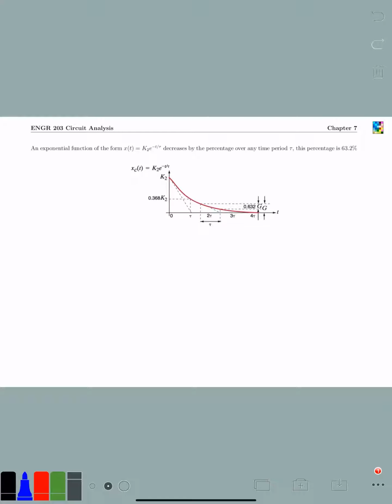I'd like to focus in more on what that tau really means in the graph. And so the idea is, let's eliminate the k1 for a second here and just take k1 to be 0. So we have this k2 e to the negative t over tau. So the idea is it's going to decrease, and if I go 1 tau time period here, then it's going